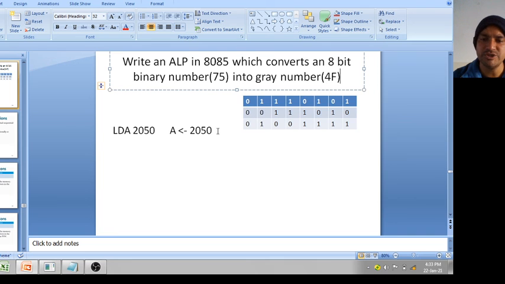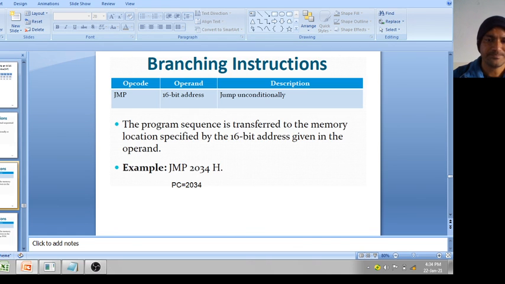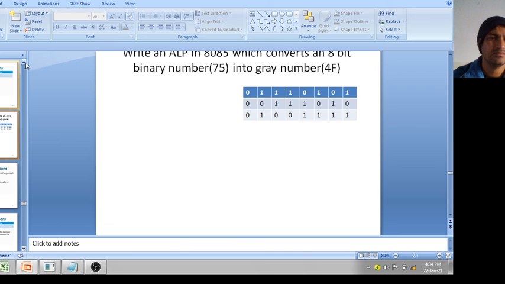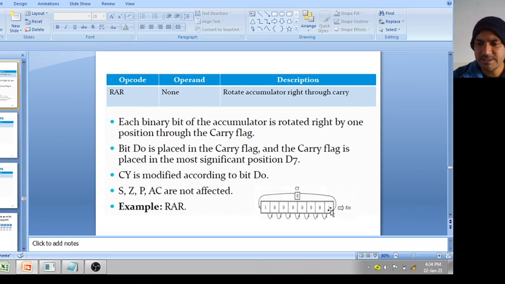For this, you have the instruction RAR, rotate accumulator right through carry, means each bit will rotate right and the value of carry will come into MSB. So this bit will be shifted here and this bit, the carry, will come in MSB.